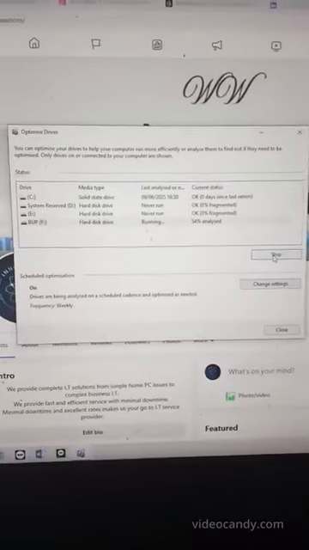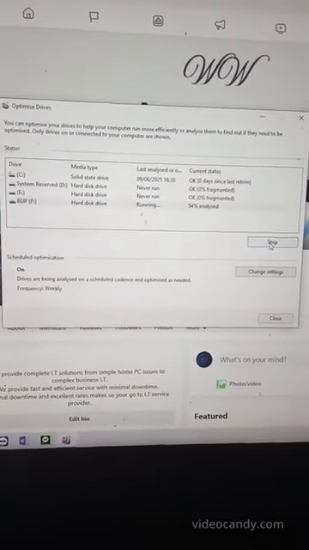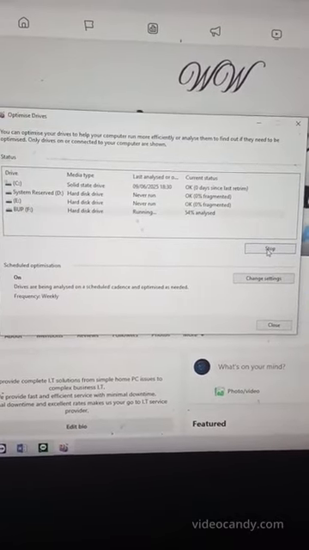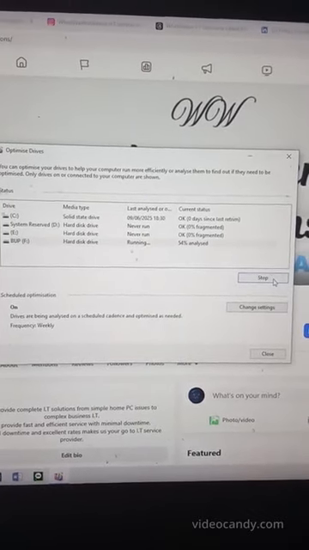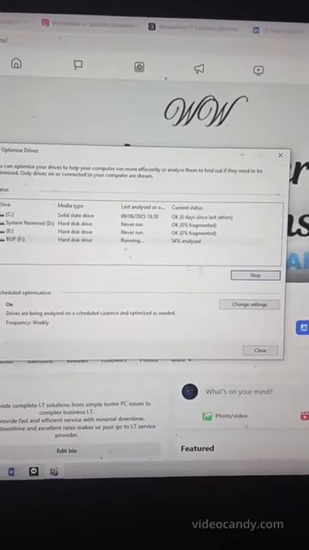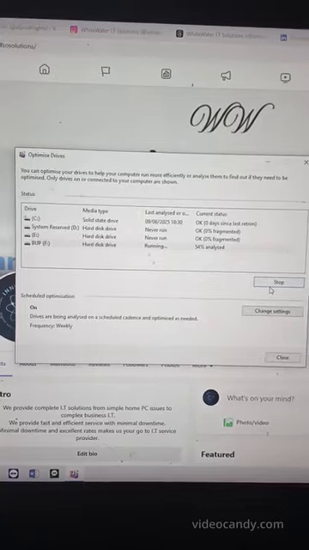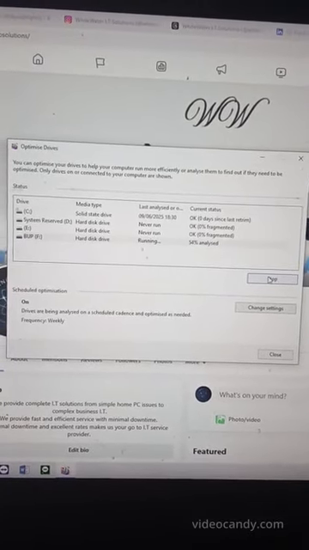And you can see the scheduled optimization is set to on by default. It says on at the bottom. Drives are being analyzed and optimized as needed on a scheduled cadence. The frequency is weekly, so it's done automatically at a certain time, and we don't have to worry about running it. Now this drive that I'm running defrag on, I'm actually going to stop it for our little lesson here. I'm not going to let it run to 100%. I'll just leave it, and I'll stop it